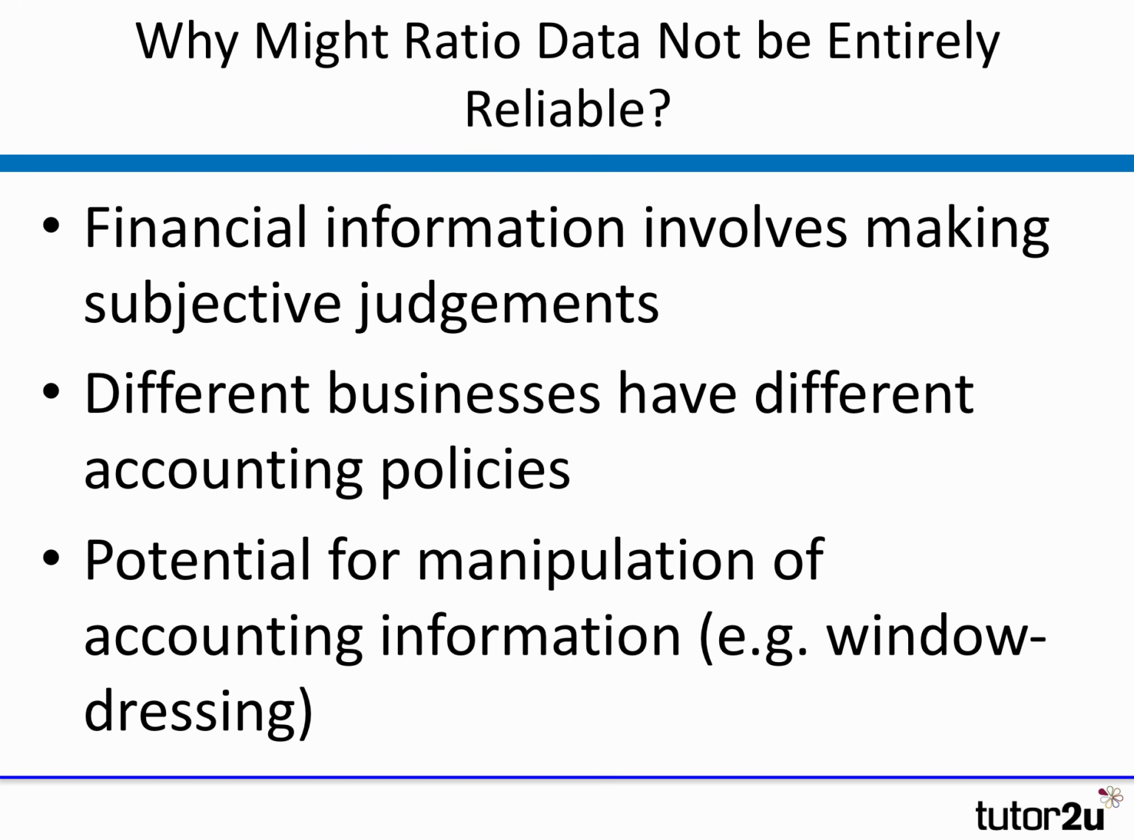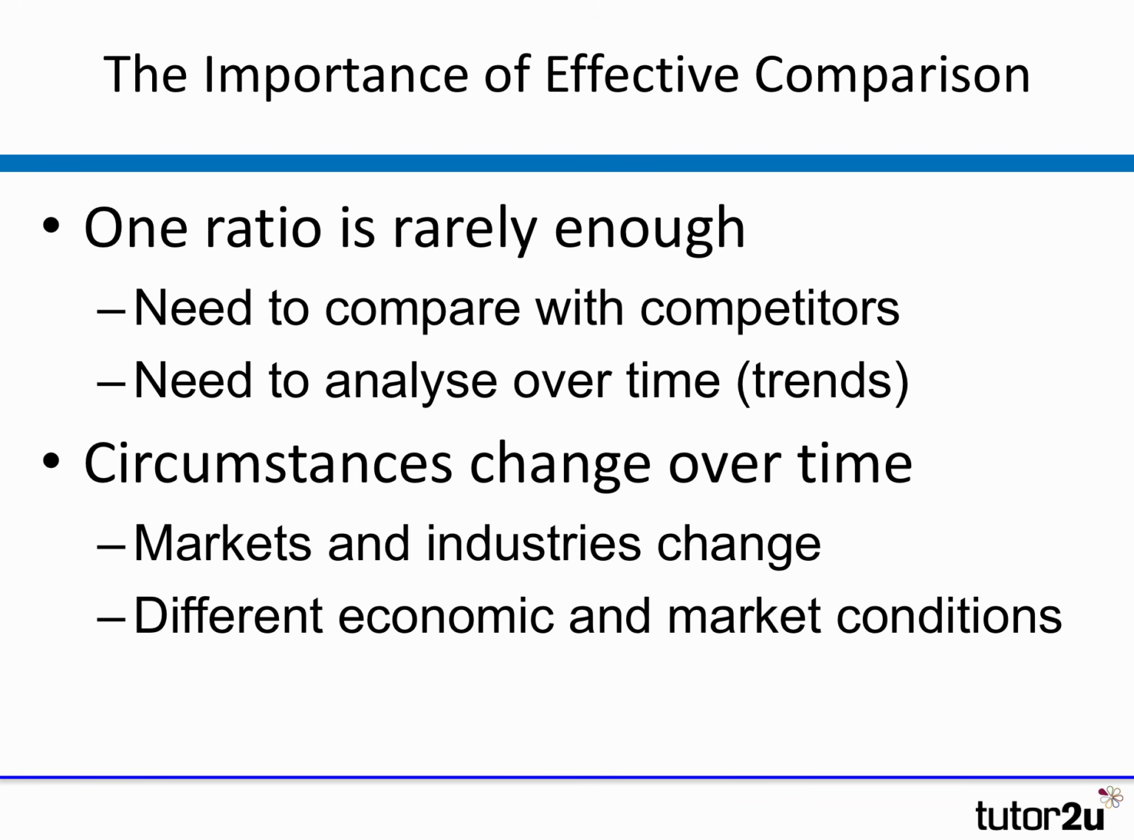Now, of course, there are rules for trying to ensure that financial accounts are fairly consistent, comparing one business with another, but there's always some scope for judgment. And also there's scope for, let's call it manipulation of year-end figures, particularly when it comes to the balance sheet. It's a concept called window dressing, just making the balance sheet look slightly more advantageous than it really was. So you have to be careful about the reliability of the data,